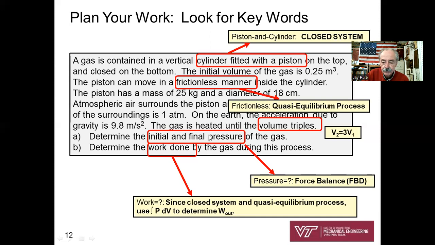Okay, initial and final pressure. Now you do a little thinking about this and think ahead towards solving the problem. It says that what you're trying to find is the initial pressure and the final pressure. That kind of tells you that for this piston and cylinder problem, you're going to need to do a force balance. You're going to need to draw a free body diagram and do a force balance in order to determine the pressure. And then finally, the work done. Since this is a closed system, quasi-equilibrium process, you're going to use the integral of PdV to determine the work out,